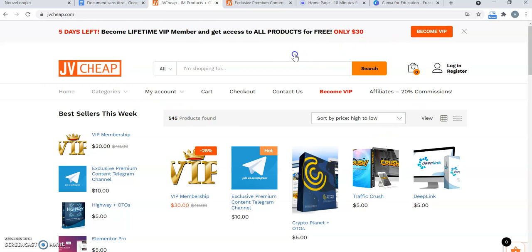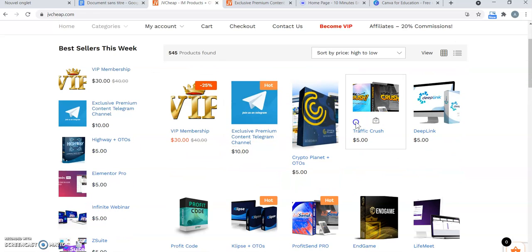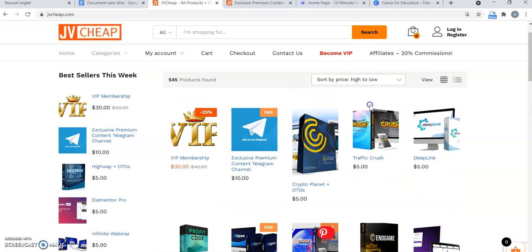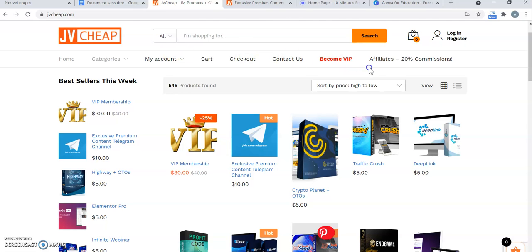It's free, only if you want to become a lifetime VIP member, and you get, as I do, all the products for free. And there is a special offer here, only for 13 euros. You will get a free lifetime VIP membership, and you will get access to all these software for free. But if you don't want to subscribe to a VIP membership, you can get those software for what you want. Okay? So the second step